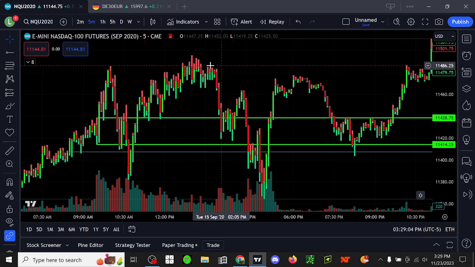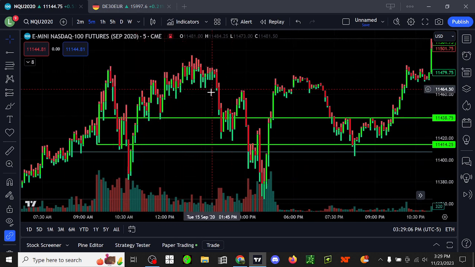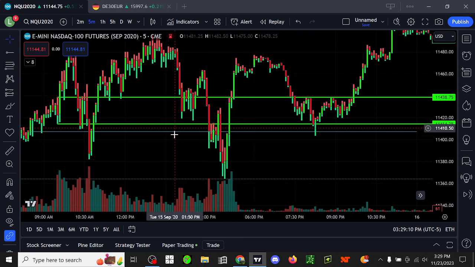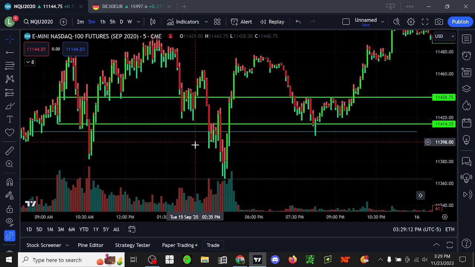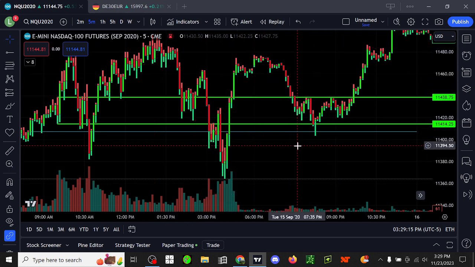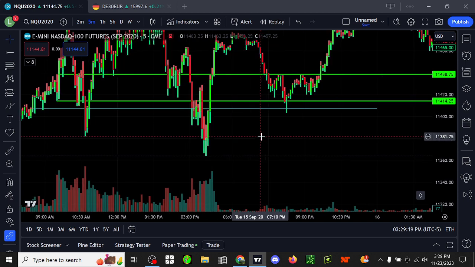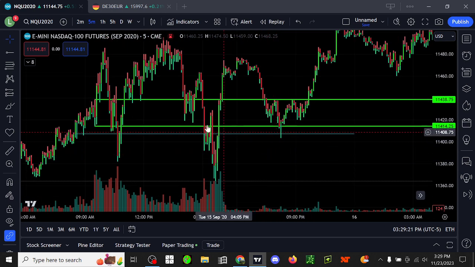You can take a partial above here or at a 1-to-1, whatever you want. You could move your stop to break even, you might get stopped out there anyway. Or you could be taking a partial, not moving to break even, holding for higher targets. It's up to you. Just back test and see what works better. Either way will probably be profitable.